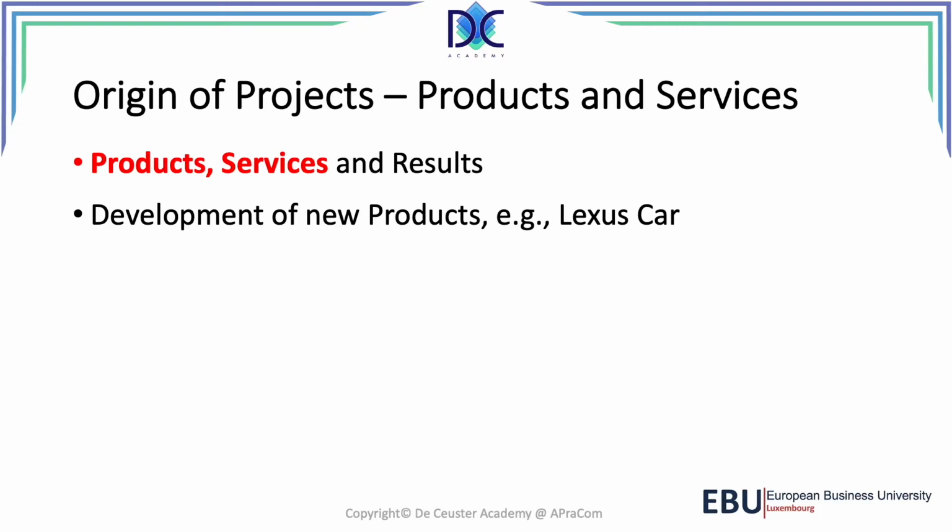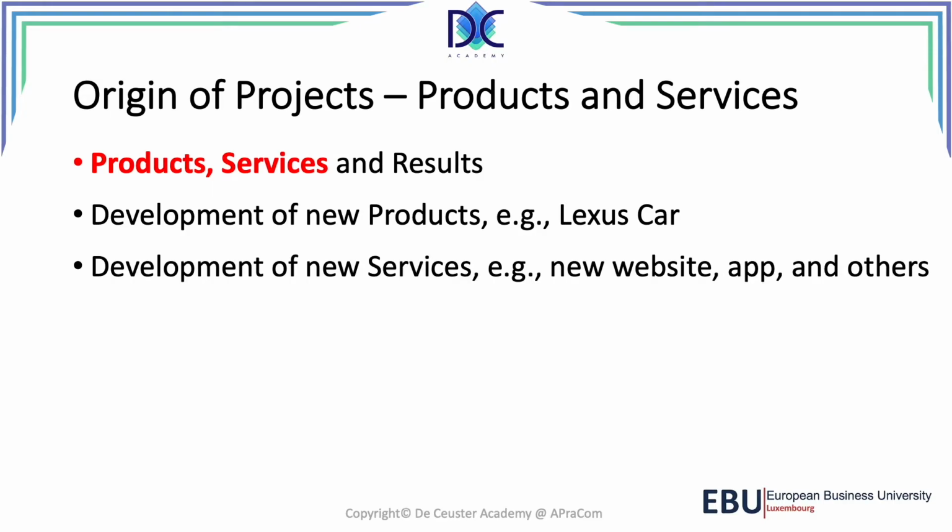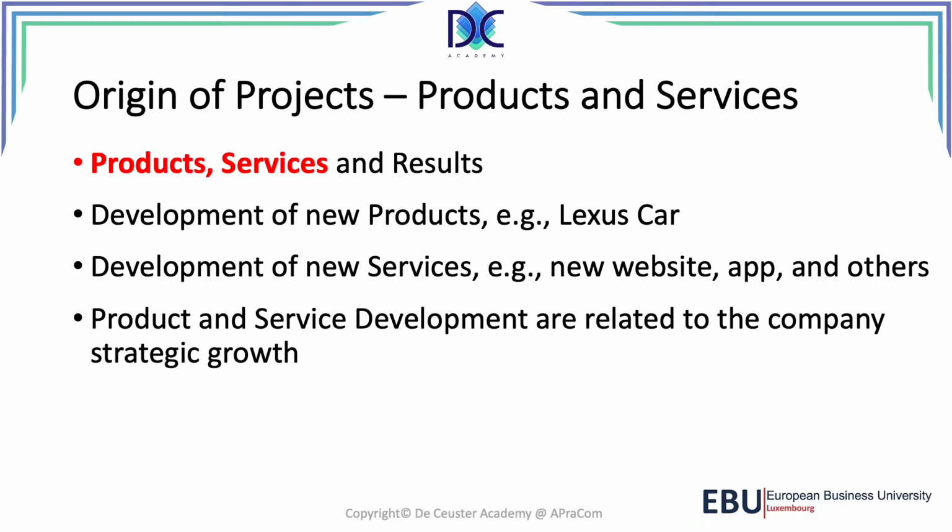It's a nice example on how a company developed a new product. We also can consider the development of new services, creating a new website, an application, other services that may be available, registration services. Today we have services for testing for COVID and all other possible services, travel services, anything that you can imagine. Now, when we look at product and service development, they are typically related to the company's strategic